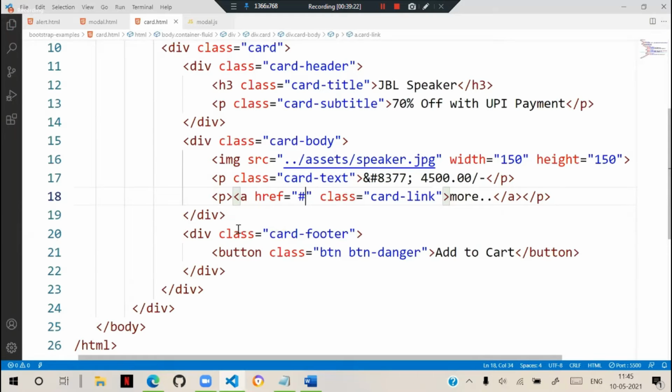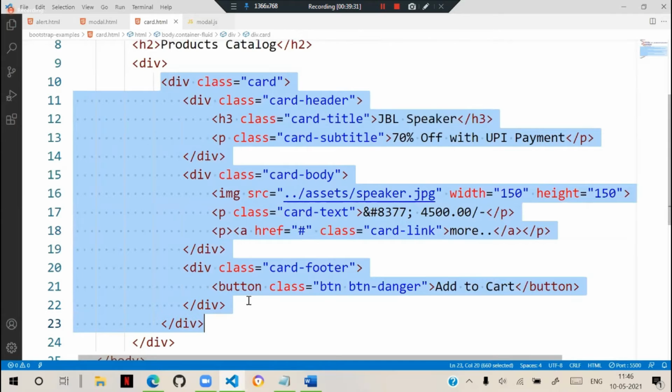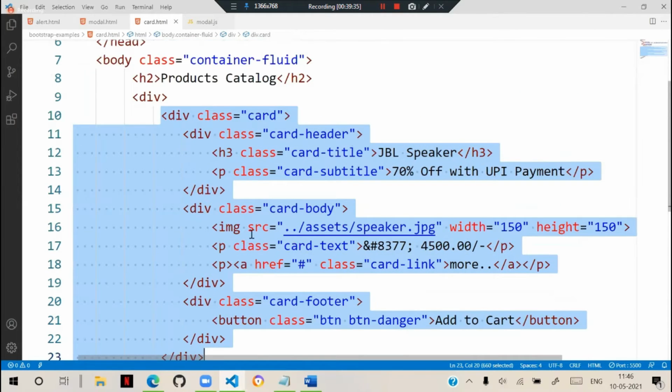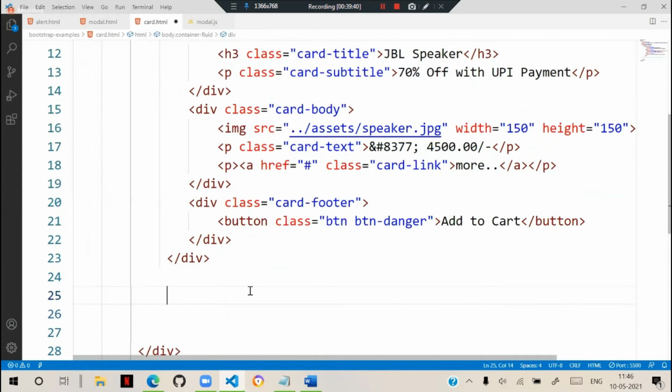Now this is only one card that you have defined. So similarly, you can add any number of cards. Suppose I am designing another card. This is one card, this is one card, the card one. Okay, I will copy that. I will add another card.